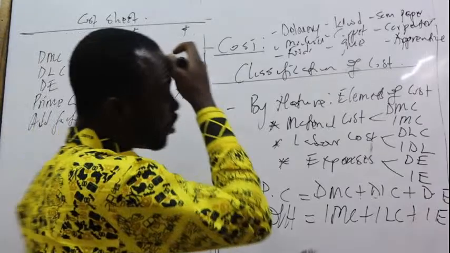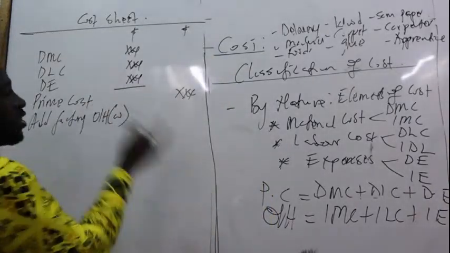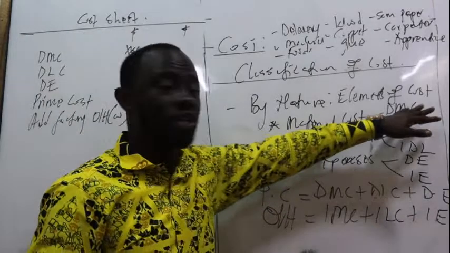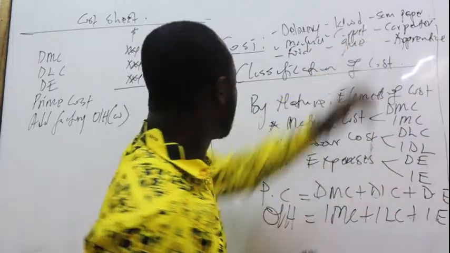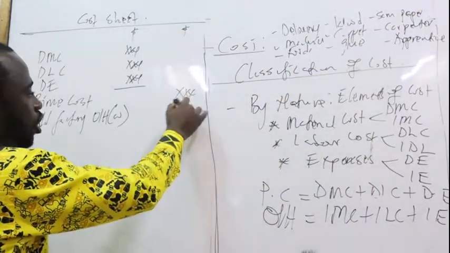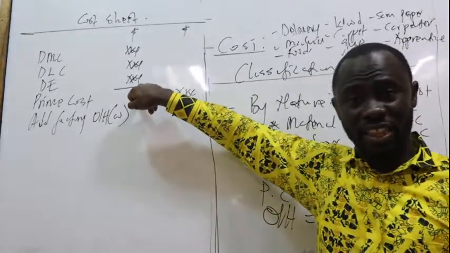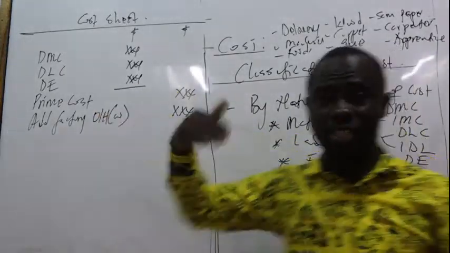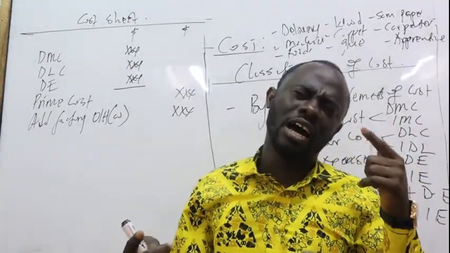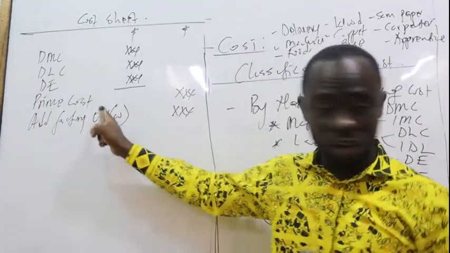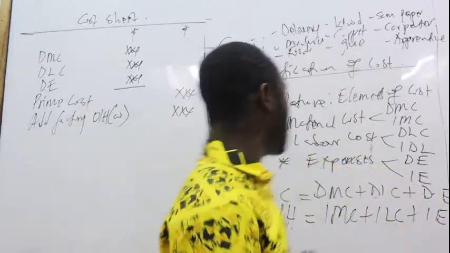Now the factory overheads, we're going to be doing workings for that. Chances are we're going to be doing workings for that. So the indirect material, indirect labor, indirect overheads, all of those things will be brought there. So we're going to be doing workings for the overheads, and I'm going to be explaining how we do the workings. This is where we look at the overhead and absorption rates. So you're going to stay with me, and we're going to be looking at this in relation to that.